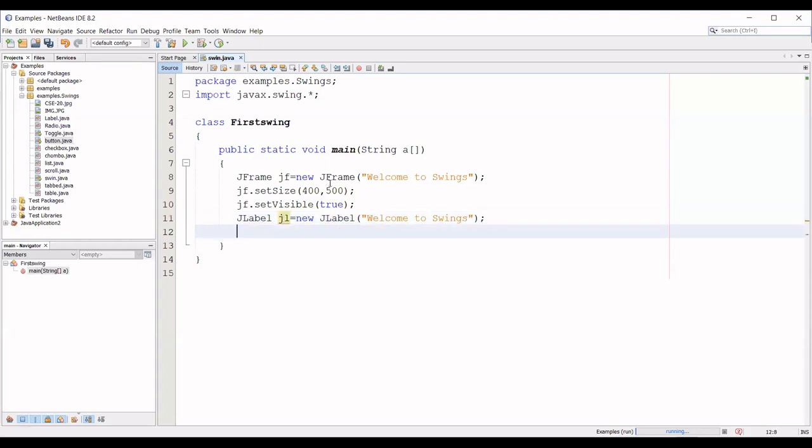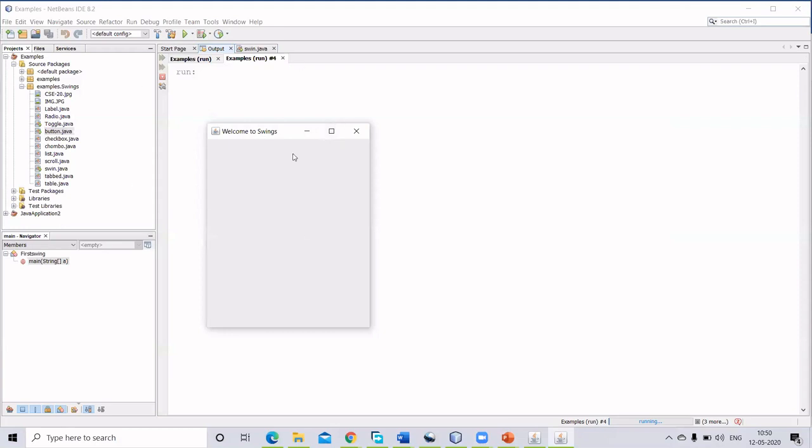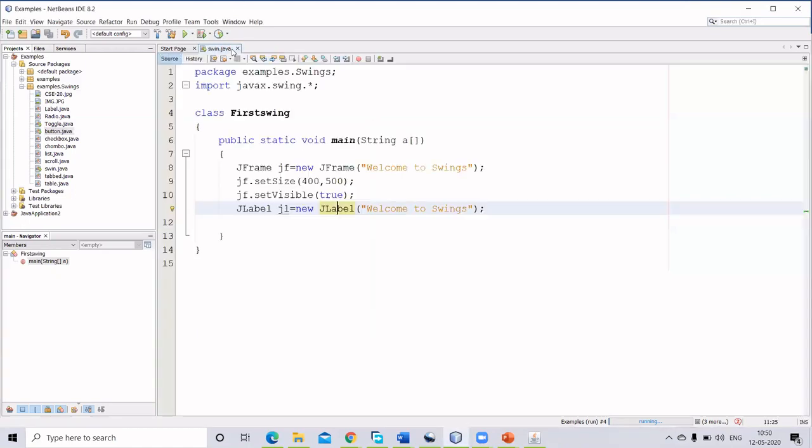So now I added this, a small window where your swing is popping up, but you can't see the label that I have added there. So for that, the major thing you have to do is use add of your label here.